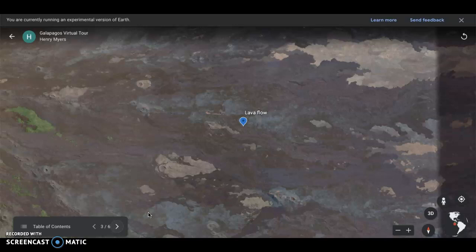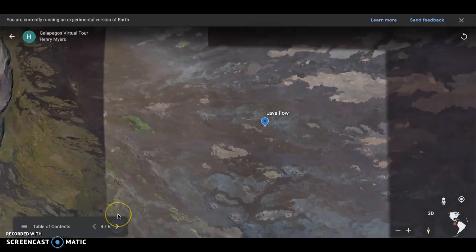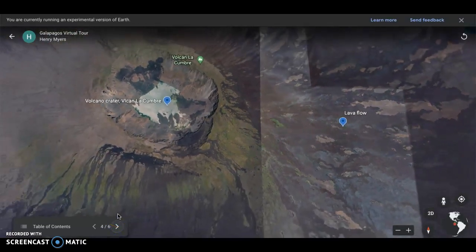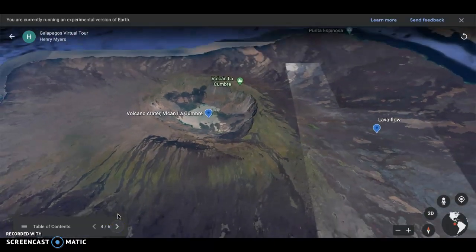This, of course, being a rather new island, we can still see the lava flows here along the ground. They look like dried up riverbeds, but they're actually flows of lava from when the island was originally formed. Now, if we follow up those lava flows, we see here's the crater, the volcano, where they came from,